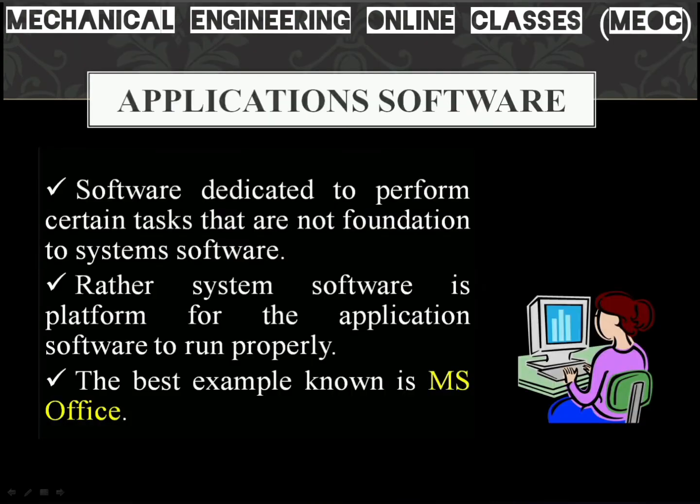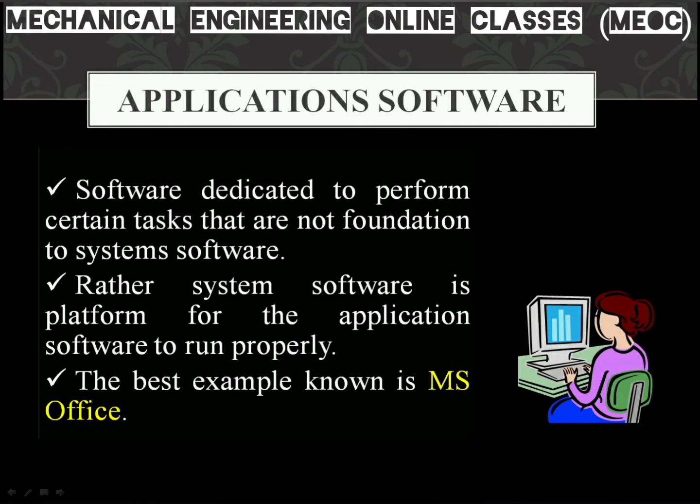Coming to application software. Application software, as the very name suggests, is software to do a particular application, and this application software relies on system software. Without system software compatible with the application software, these applications won't work. One very well known example of application software is MS Office, or any other apps that we are using on our mobiles now. So this is the briefing on what software is, because it's the base for our CAD,